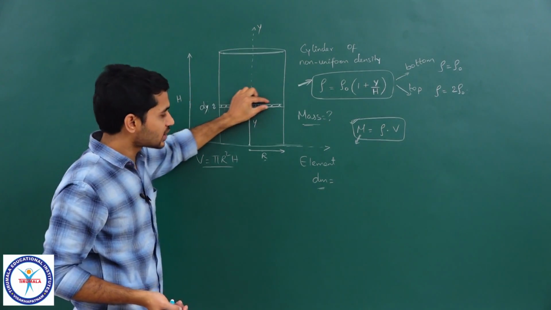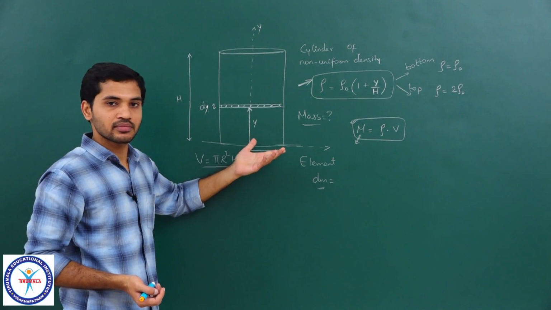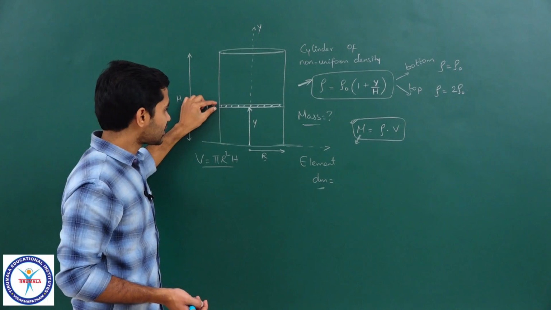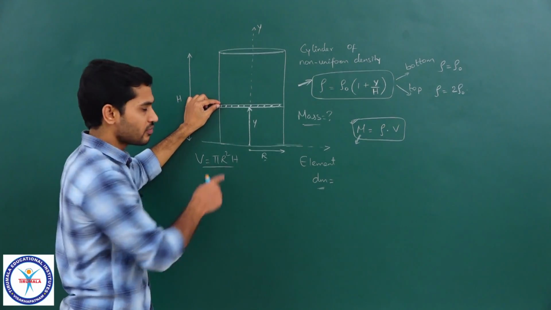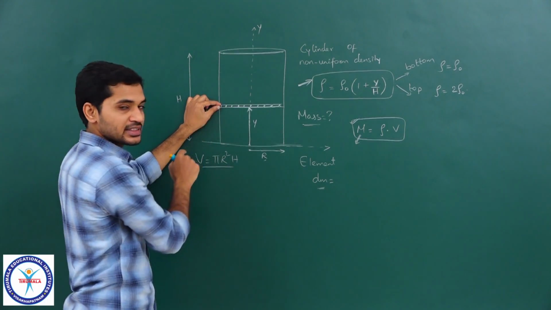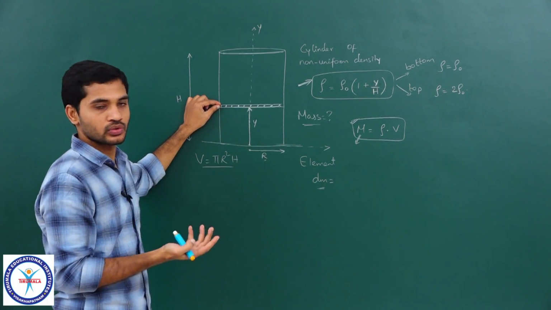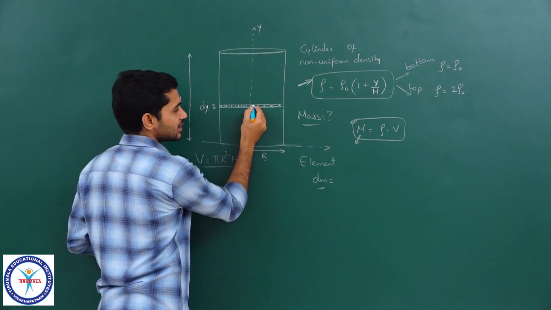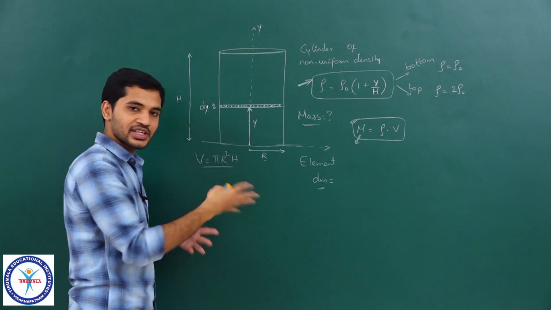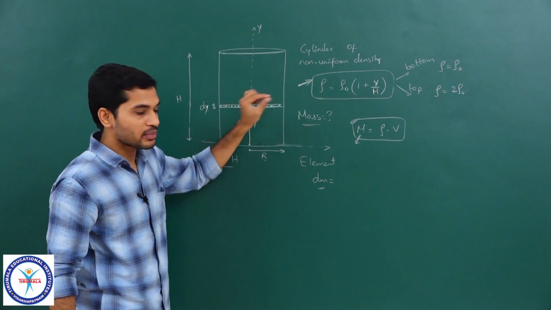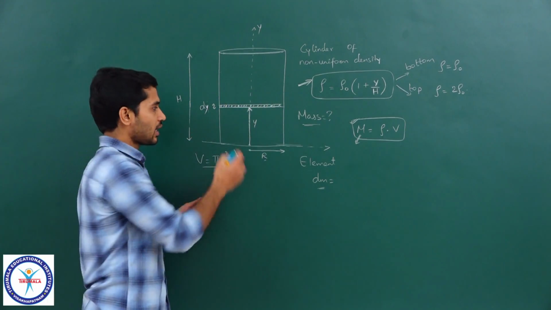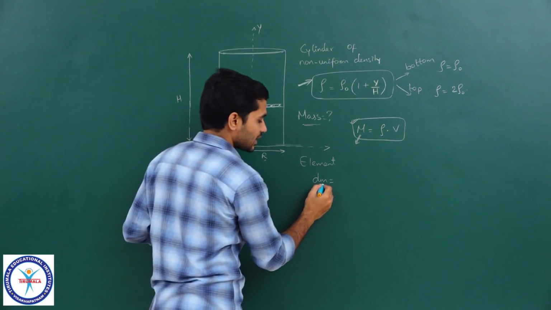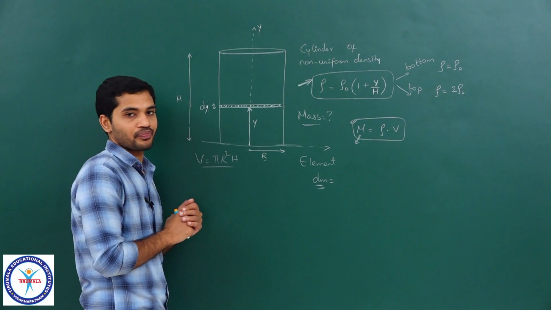Can I say that throughout this cylinder, the density will remain the same? See, density will change if y changes, but because this thickness is very small, will there be any variation in the density in that small thickness? No. So can I consider that for this small element, the density is constant, there is no variation in density. Using that idea, I'll calculate the mass of this small element. Is that clear, students? So using that, I'll calculate the value of dm, right?